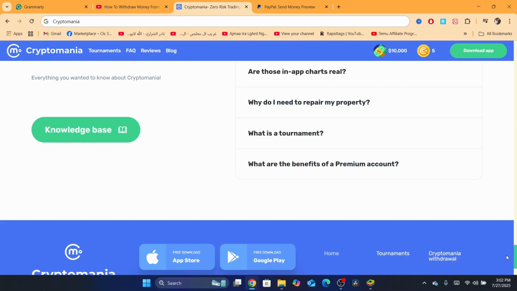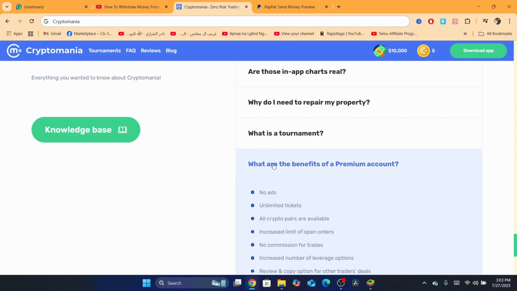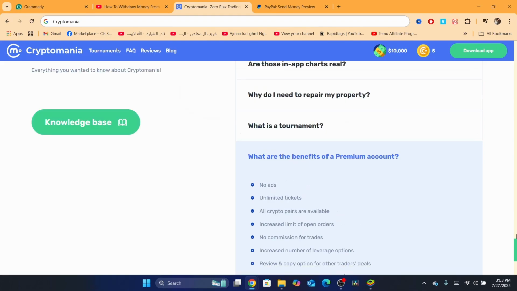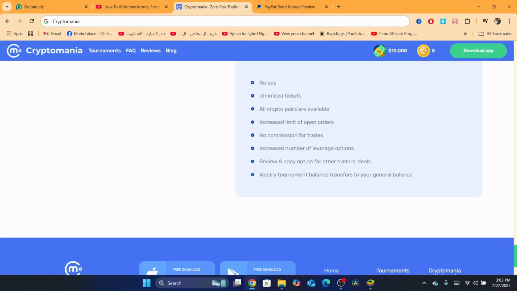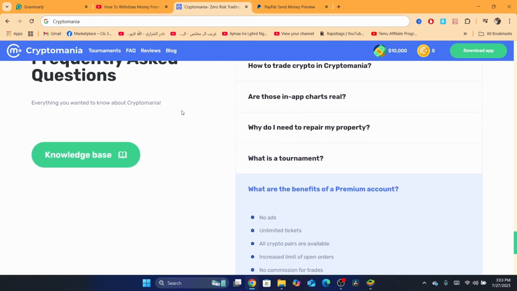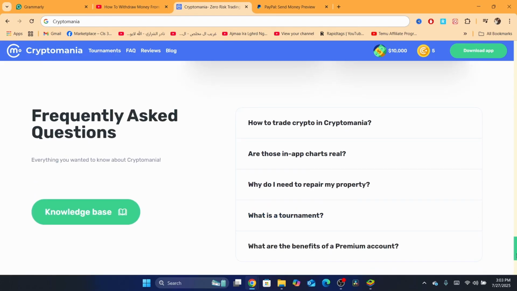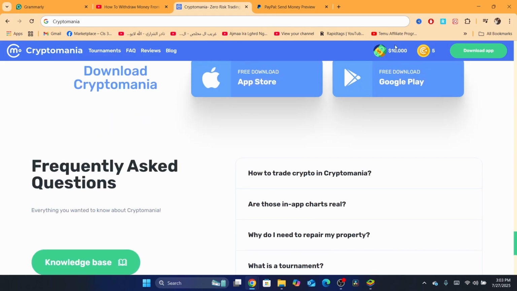If you go, for example, to the benefits of a premium account, a premium account allows you no ads, an increased limit of open trades, no commission for traders, and an increased number of leverage. But even if you go to a premium account, the account is still virtual. You are not using your own money, you are just using the platform's money. In this case, I have $10,000 I can use to trade, but